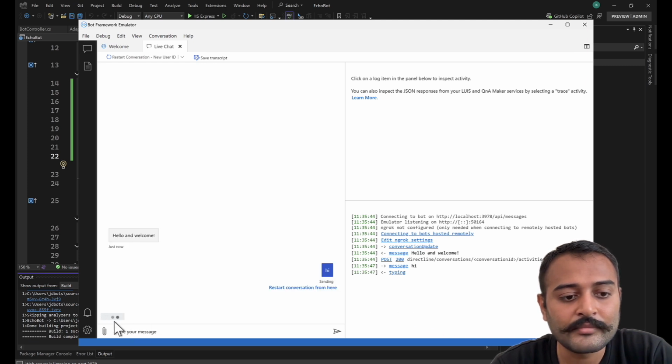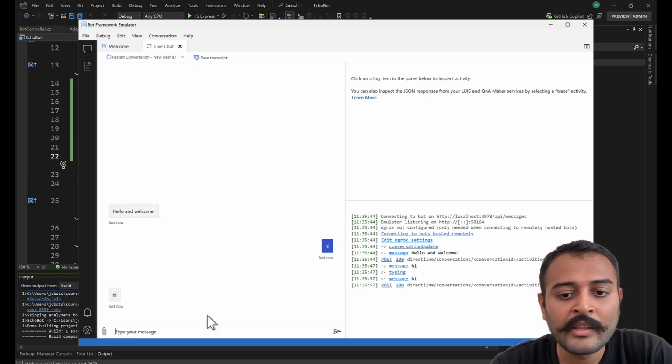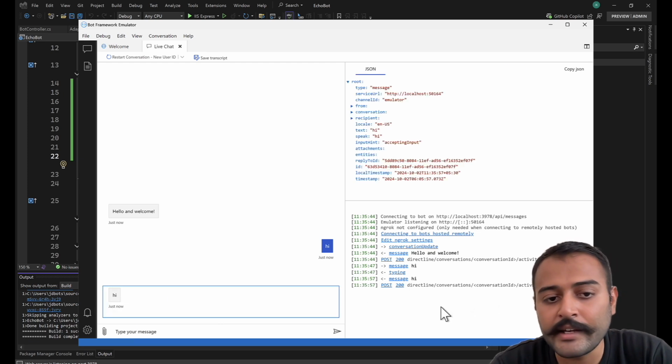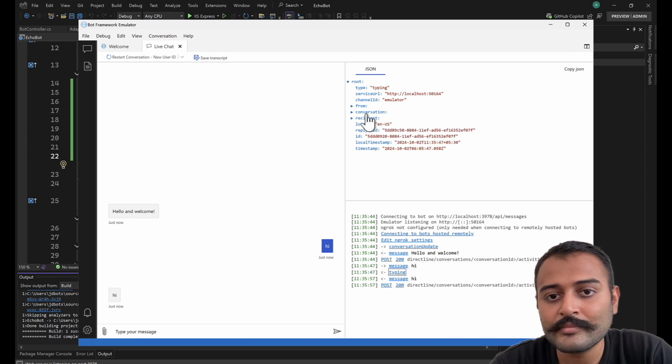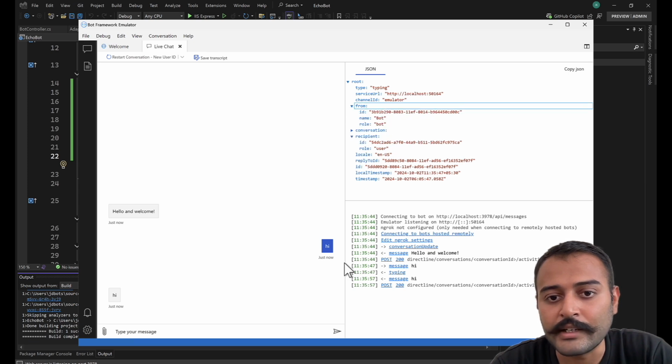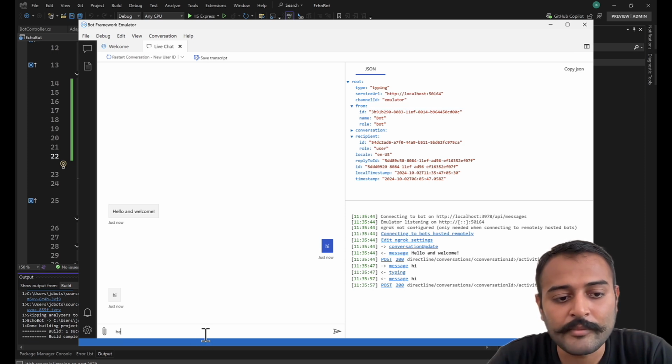Here you can see this is a typing indicator. And as soon as my message is delivered, the typing indicator will stop. Okay. Here is a typing activity that is sent. Here you can see the recipient is the user and from the bot it is sending. And the type is typing. If I say something else as well,